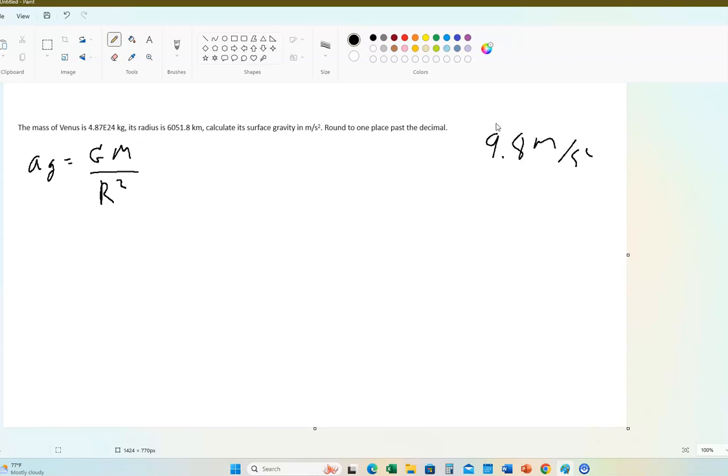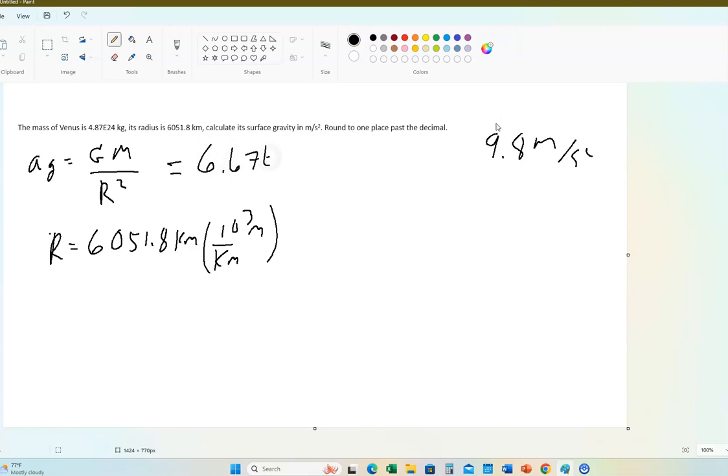So I've got to change this, which is actually pretty easy. Hopefully you get the idea by this time. 6051.8 kilometers, and then we know that in 1 kilometer there are 10 to the third meters. Right, 10 to the third meters. All right, so here, let's write the numbers here. So this becomes